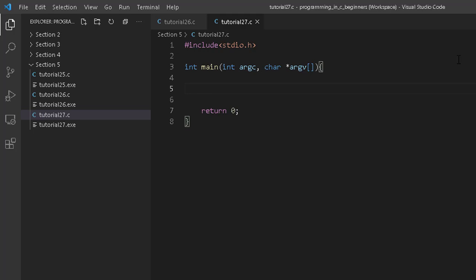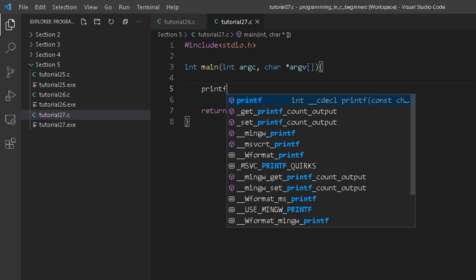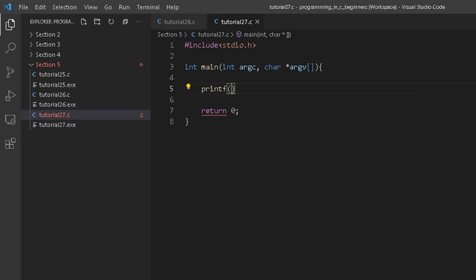And here let me show you the value of this argv. As I told you, argv is an array, and an array is nothing but a collection of values. So this argv will have a collection of values, and here I want to see only one of the values. Since argv is going to be a string array, all the values will be strings, and hence the format specifier will be %s. Now we will mention argv and an index over here. Right now I am mentioning 0. This 0 index means I want to see the first element of the collection in argv, and that is a string, of course.